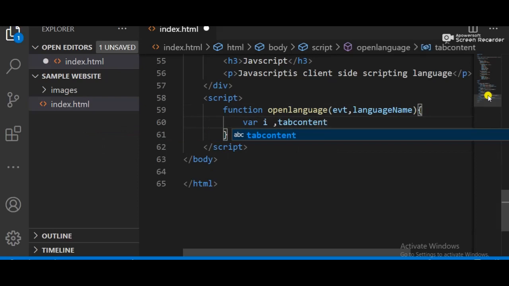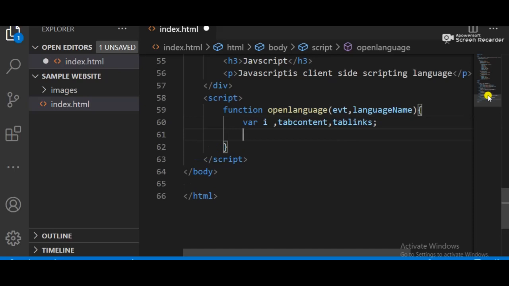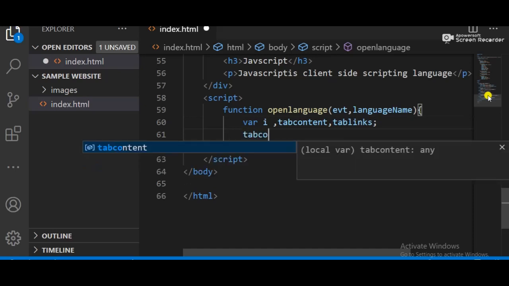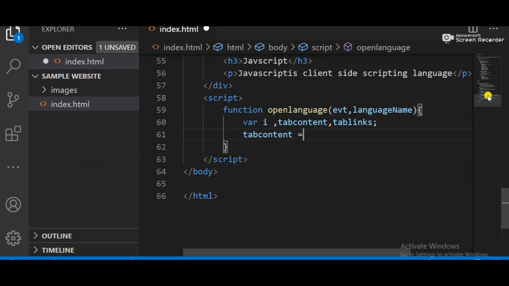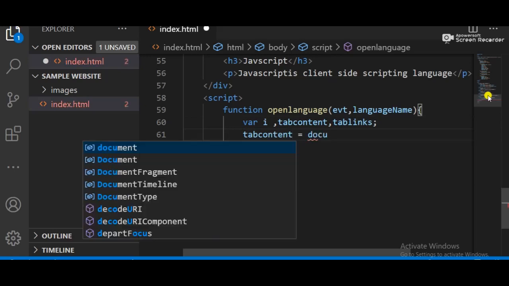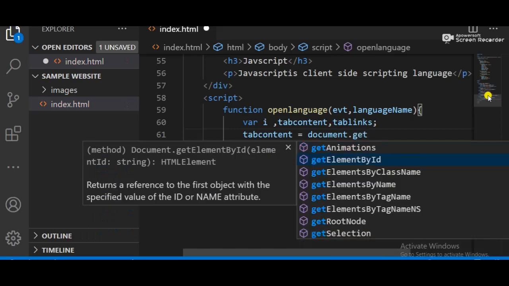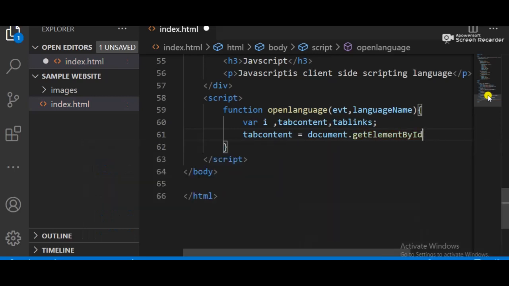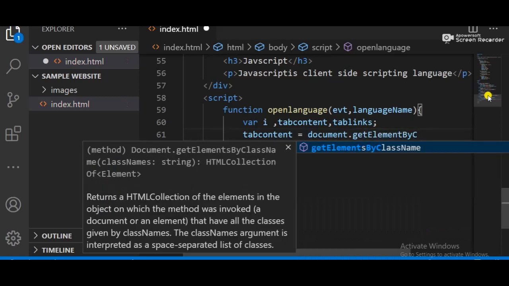Okay, fine. And I think we have tablinks. Okay, so tablinks. So what about the next thing? We just need to make a simple content and get the IDs and do the effects on that. So I just make tabcontent. Here is my tabcontent, and it's equal to document dot getElementById. Actually, this is not needed here, I just need a class name.